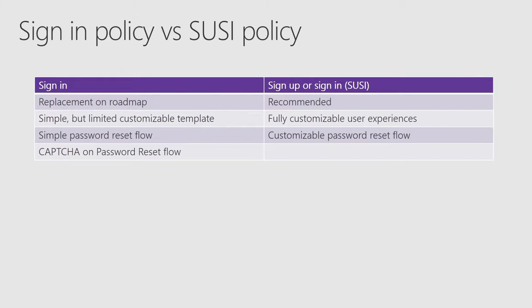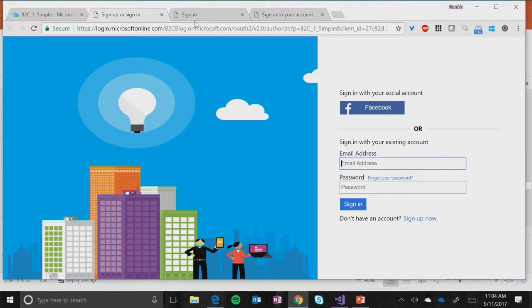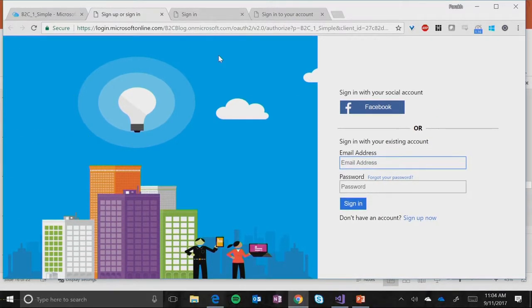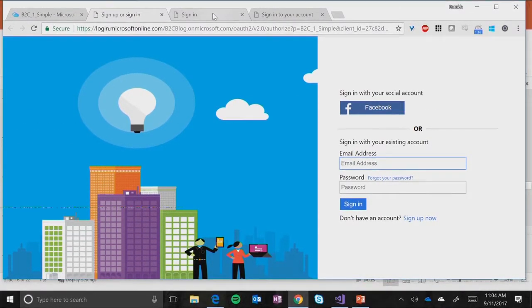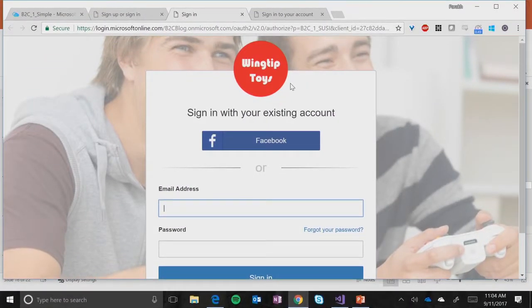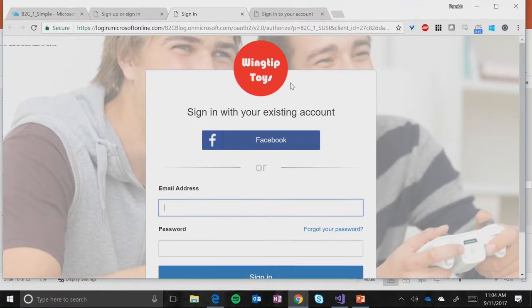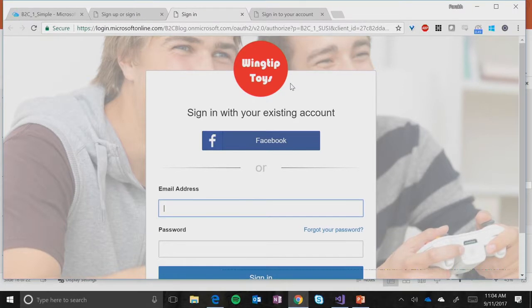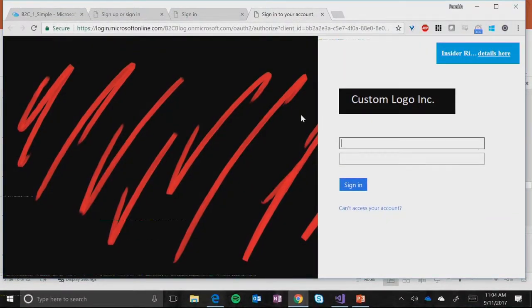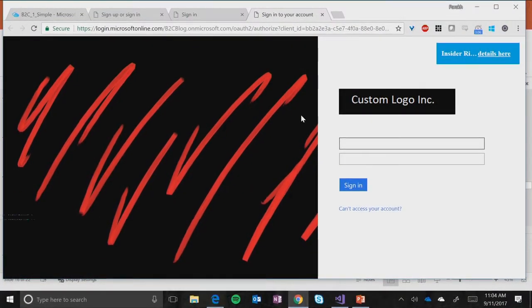There are 2 key differences, and a few more subtle ones, but we can talk about it offline if you ever hit them. The first difference is that in a sign-up or sign-in policy, you can fully customize the UI. It's no longer fixed to the template where your username and password is stuck to the right and there's a giant logo on the left. You can do whatever you want. Eventually, you can also add JavaScript to it. Whereas in a sign-in experience, all you can customize is the screen on the left and the logo above the sign-in box.